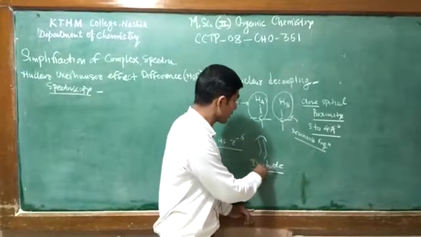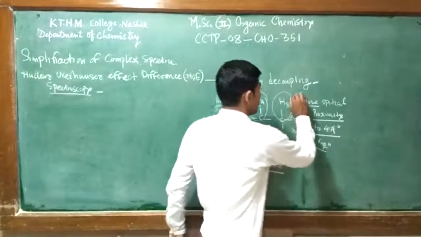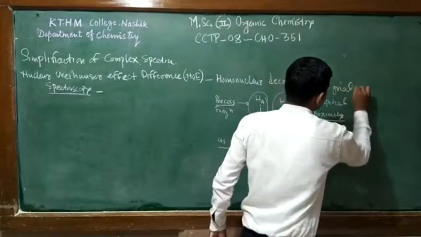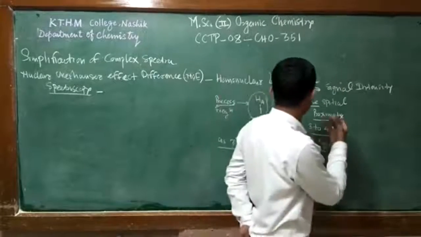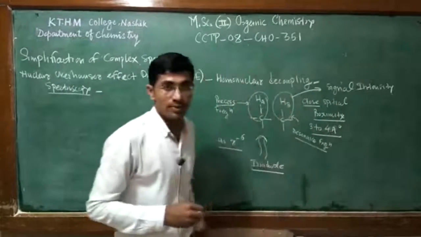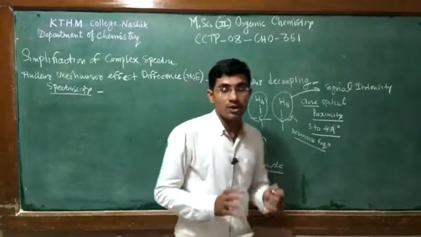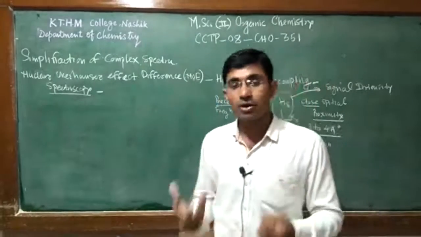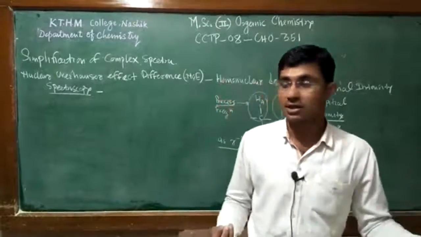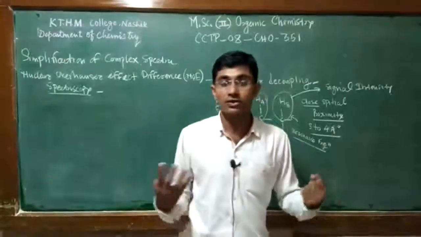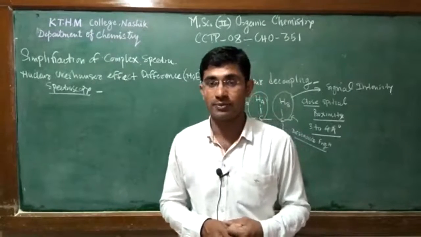Because of irradiation of the HA proton, the signal intensity of the Hb proton increases, meaning enhancement of signal intensity is observed for the Hb proton because of irradiation of this HA proton. Why? Because of the dipolar mechanism. So these two protons undergo the dipolar mechanism because of irradiation of one group of proton, the neighboring proton within a distance of 3 to 4 angstrom units. So they show the enhancement in signal intensity in nuclear Overhauser difference spectroscopy.